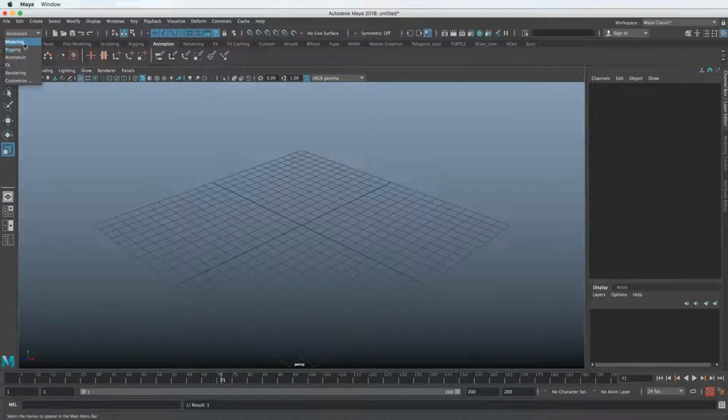It's all separated into their own menu sets because typically if you're doing one, you're not really going to be doing the other. And in a production, normally this is the linear workflow of how things are made anyways. First you model something, then you rig it, then you animate it. For example, you can't really animate something that doesn't exist, so you have to model it first. And if you're going to rig it, then you need to rig it before animation.